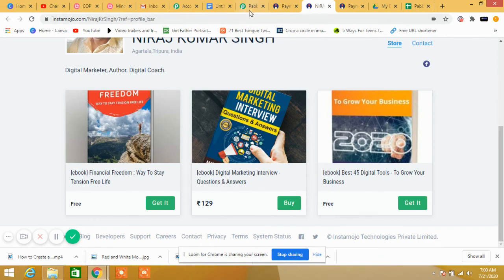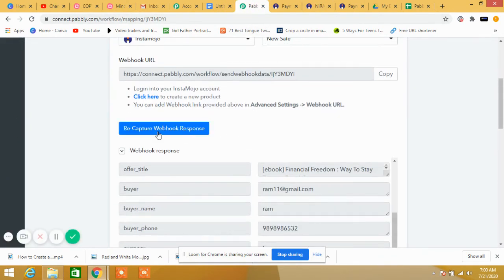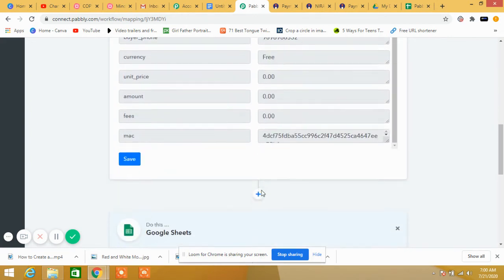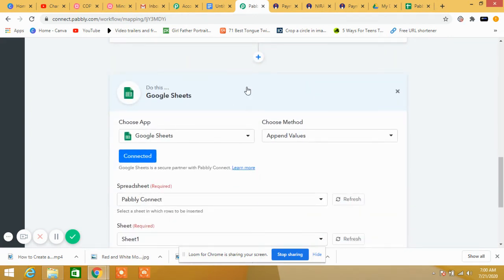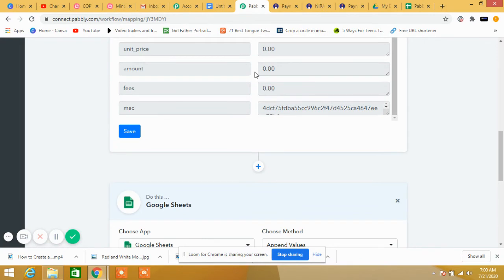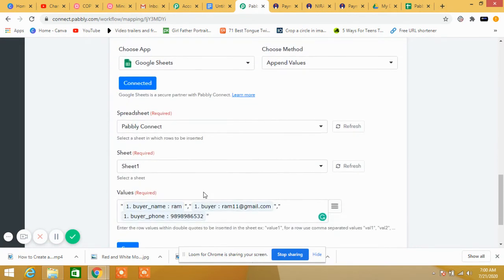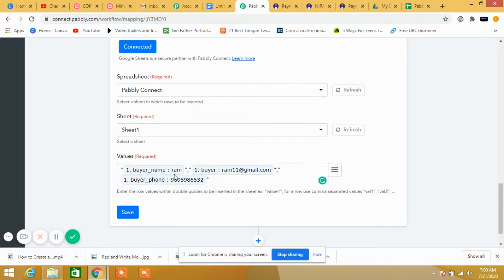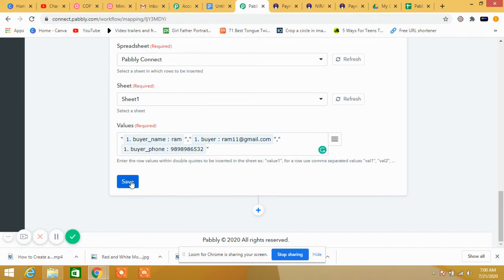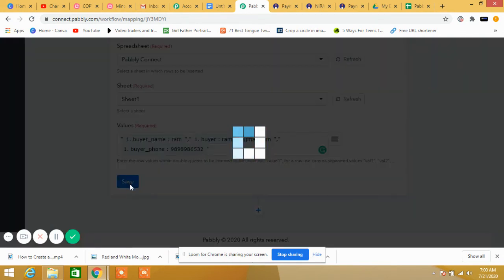Then you will capture the webhook response. You got this response, and now you are sending this data to Google Sheet. Now which data do you want to send? I want to send first name, email ID and phone number. That's it. Yes, now I will save it.